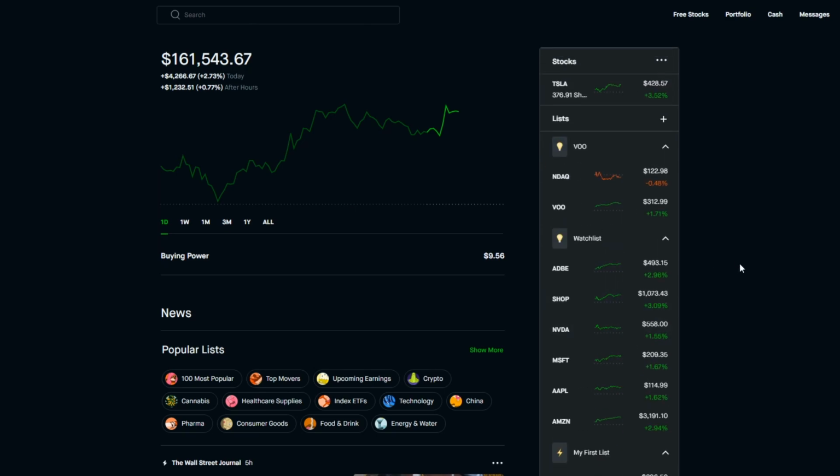For the NASDAQ, not so much, but for VOO and even a lot of the tech stocks out there and Tesla as well, we got a green day. And especially for Tesla, this has been a pretty big green day. This has been a surge day for Tesla for sure. And so I think the reasoning for a surge day for Tesla today was based off of some of the